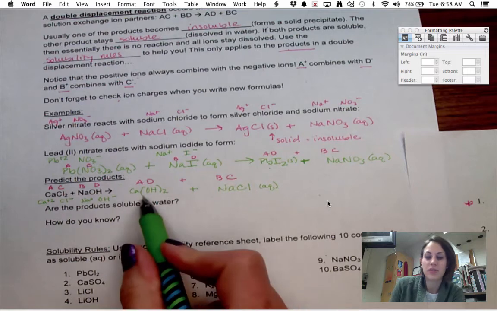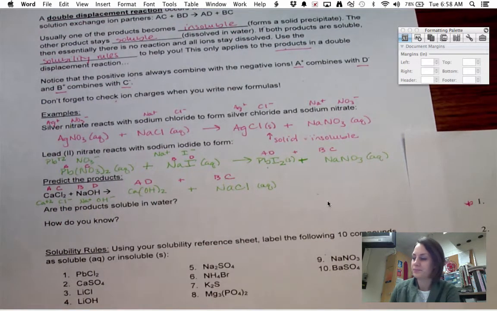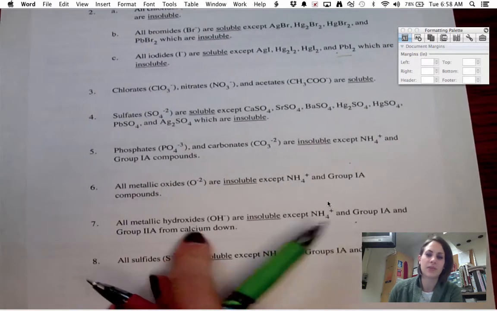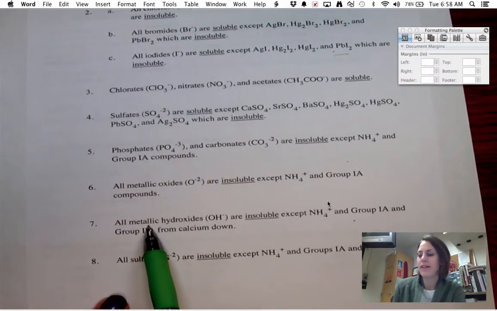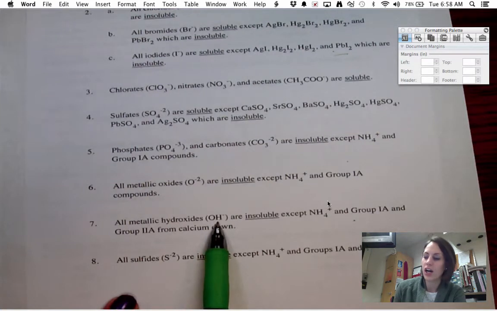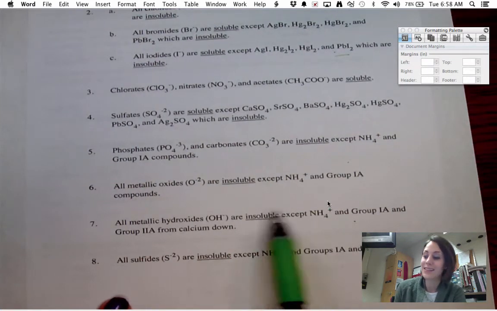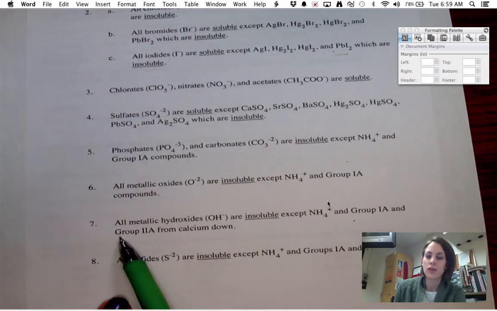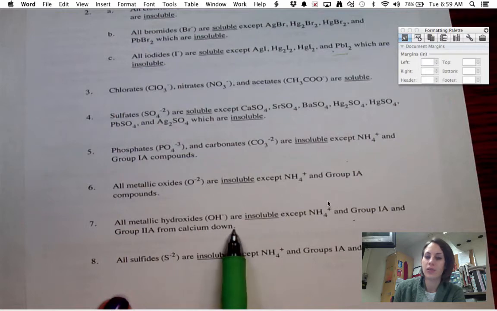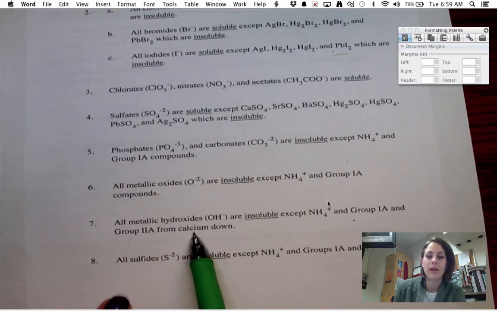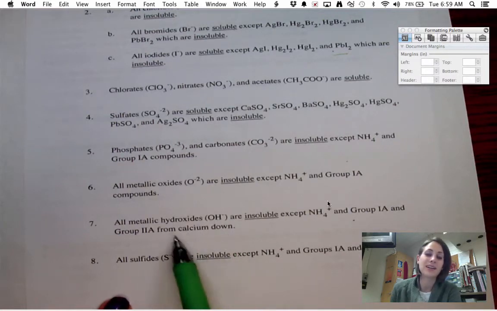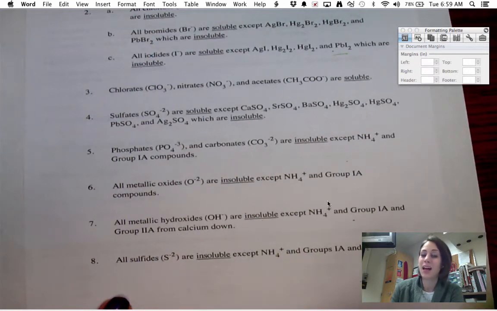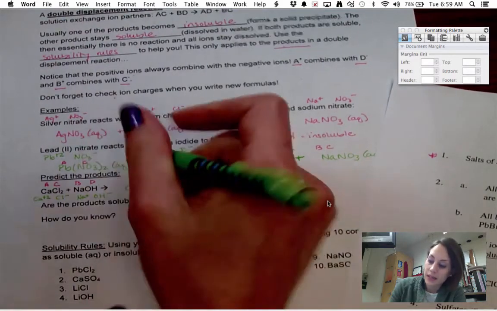But now again, let's just double check my calcium hydroxide. Hydroxides are close to the bottom here on number 7. So it tells me metallic oxides are insoluble, except for these combinations. Group 2 from calcium down. And so calcium paired with hydroxide means that it's going to be an exception, which means it's not going to be insoluble, it's going to be soluble. So this